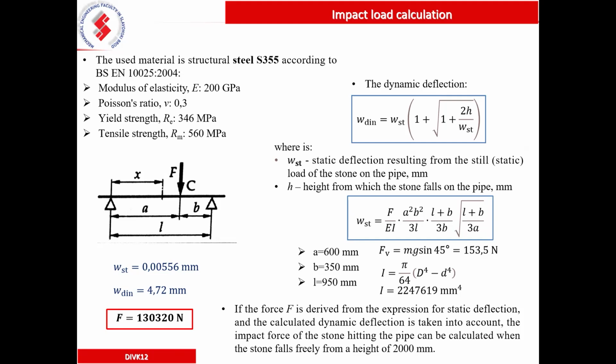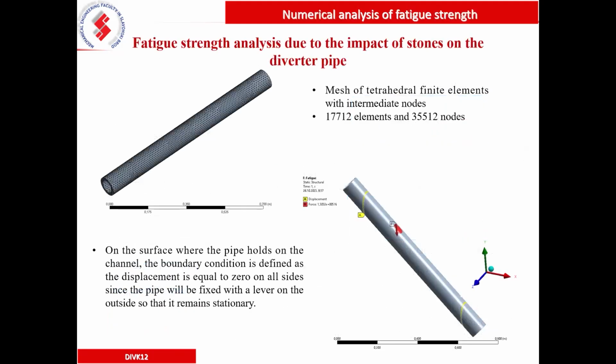Okay, also some details about the material. We try to solve the problem, of course, by finite element analysis. So just for one pipe, and where the stone is hitting the pipe, this is the boundary condition for the displacements. It's equal to 0, and it is fixed there. And at the end,